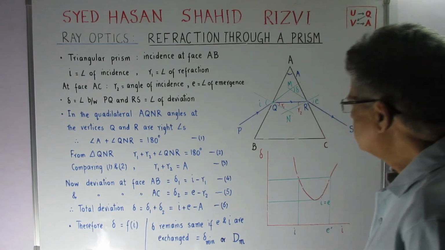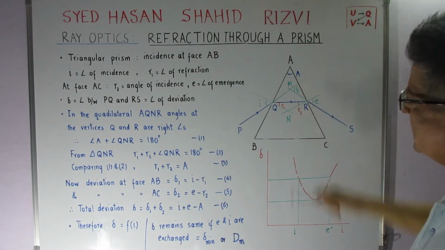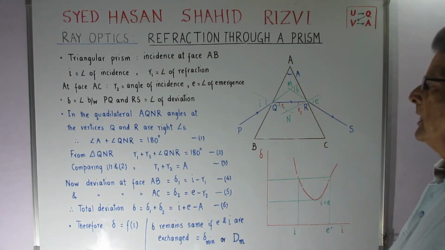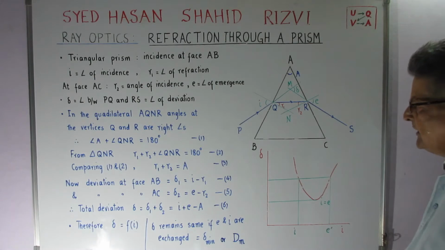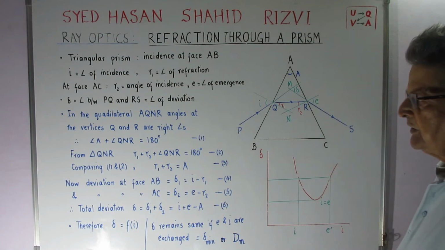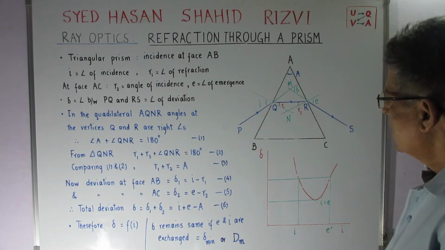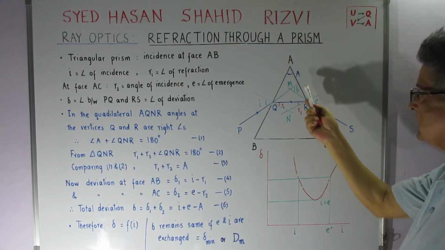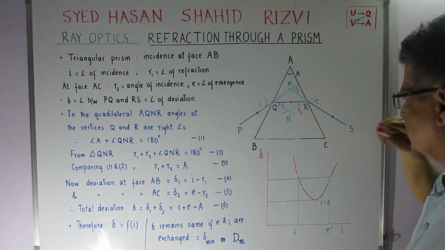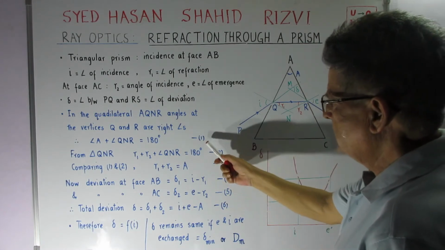Now we take the quadrilateral QNR. The angles at the vertices Q and R in this quadrilateral are all 90 degrees or right angles, shown over here. And the total angle in a quadrilateral is 360 degrees. Therefore, because this and this is equal to 180 degrees, so this and this will also be equal to 180 degrees,